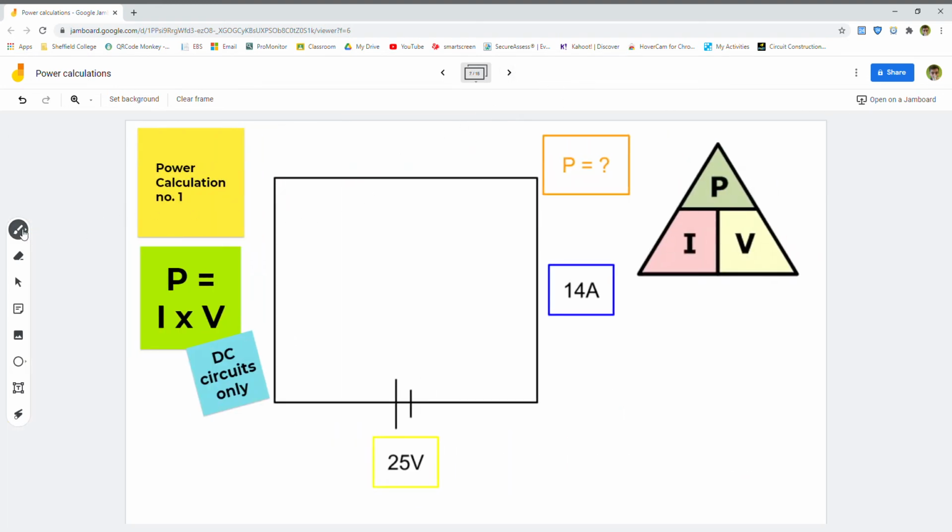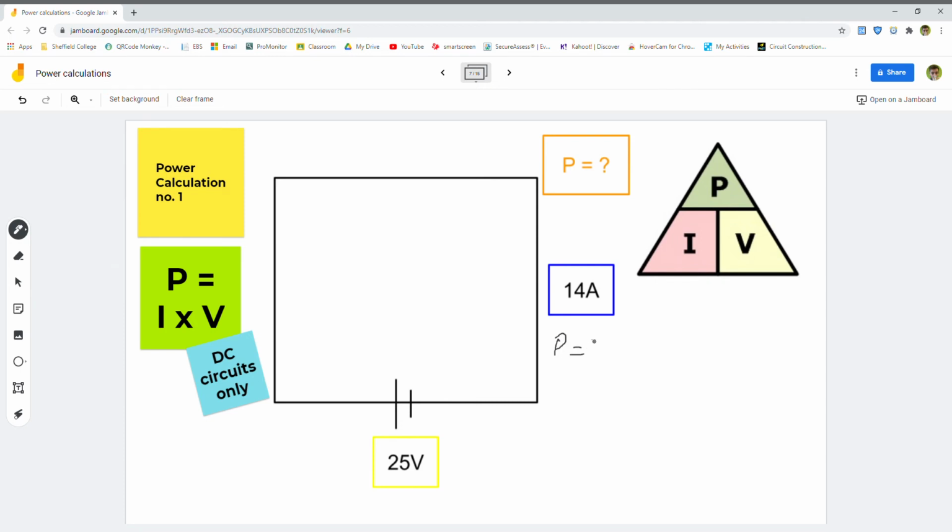So next we're just going to have a look at our power calculation. So this is the first power calculation we're going to have a look at, and there's 3 in total. So I'll show you how we use all 3, and then I'll show you how we derive all 3 calculations, or at least the last 2. So on this circuit here, we've got a current of 14 amps and a voltage of 25 amps. So if we want to work out the power,